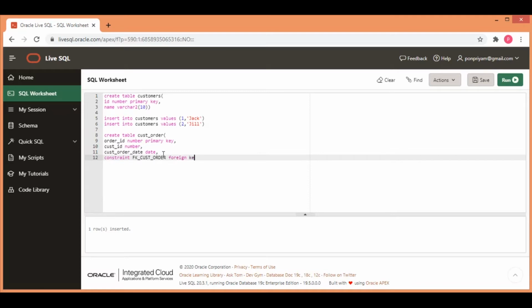Then foreign key. This is going to be on the field because in the previous case directly across the field we wrote the references. Since this is not the case, we also need to know what is the field that is going to reference there. So this is going to be customer underscore ID references the table customers to the field ID.